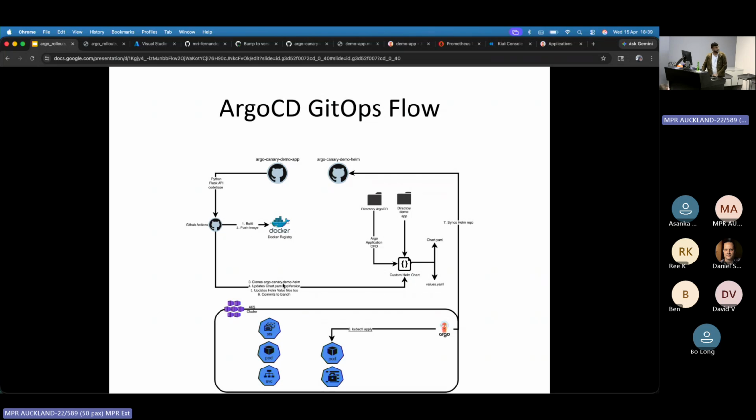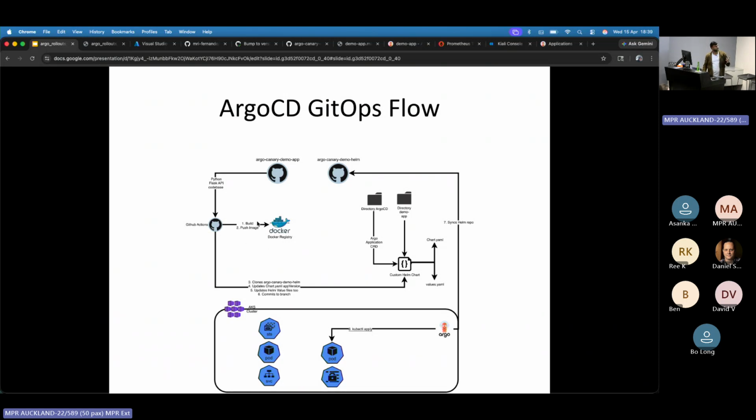It clones it, updates the Chart.yaml file in here, and then updates the Helm values files too, and then it commits to the branch. I will tell you honestly, this is not really production grade, because we don't want to push changes to the main branch. For the purpose of the demo, I will just push it to the main branch, but of course, this needs to